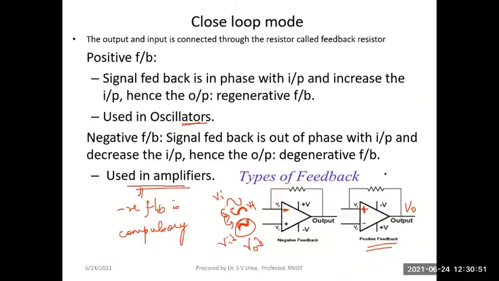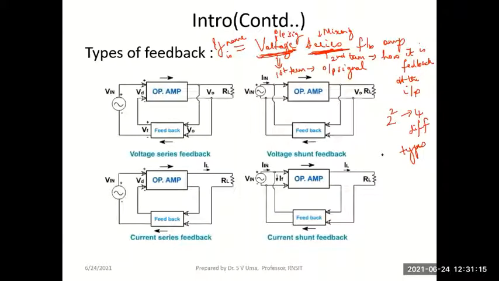Say I wanted a gain of 100. I can choose the resistors in the external circuit and accordingly I can design for any gain value. So if an op-amp should be used as an amplifier, please remember this and store it in your head. It should be compulsory that it uses negative feedback. Without negative feedback, it's not possible.